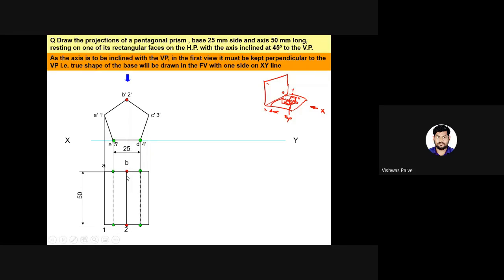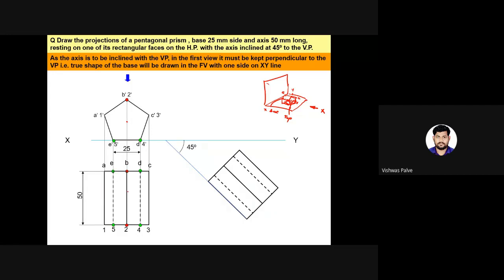Okay, now suppose I continue the naming. Now this axis, the object axis: in the front view, if I want to show the axis, this is the axis, point O. Here is the axis, and this line B to 2 will represent the axis. So in that case, what do we have to do? We have to incline the object at 45 degrees.